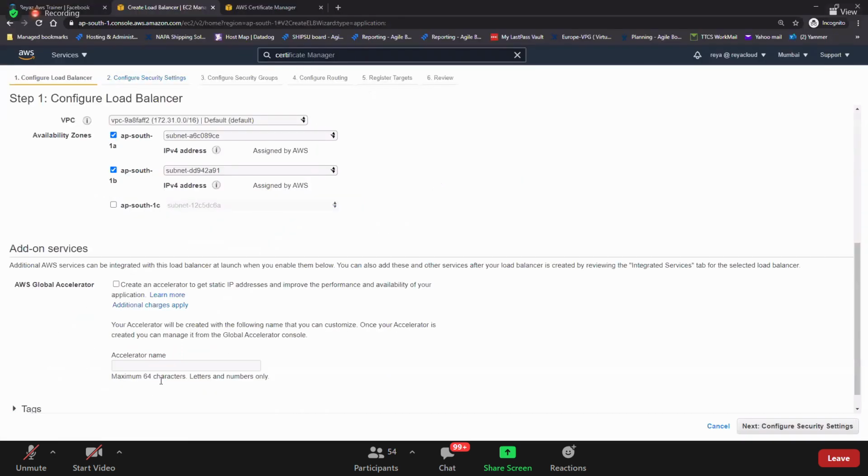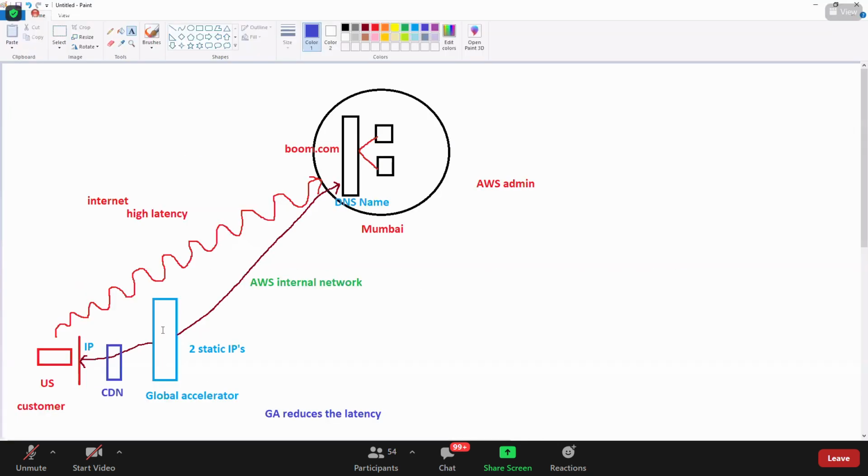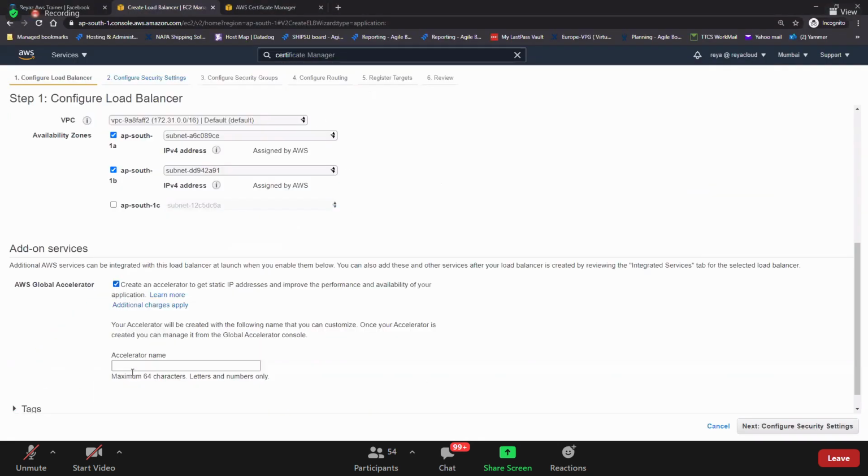But don't do that right now, because it will, do you see the bubbling? So everything is automatic here. The only thing you need is to create and give the name. That's all you need to do. And the rest, everything will be taken care of by AWS.